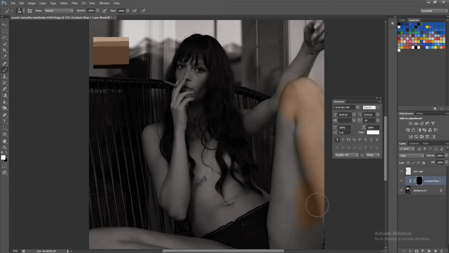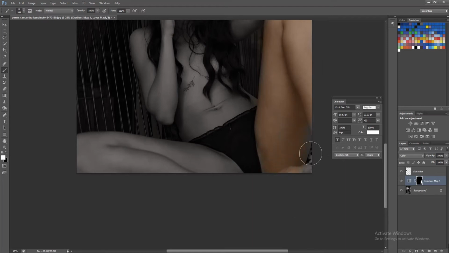Guys, it will take some time to paint the skin area in detail. I am doing it quickly so that I can show you the process further.